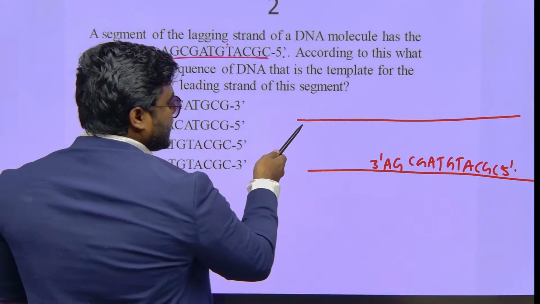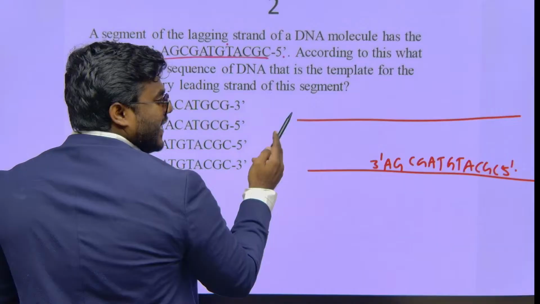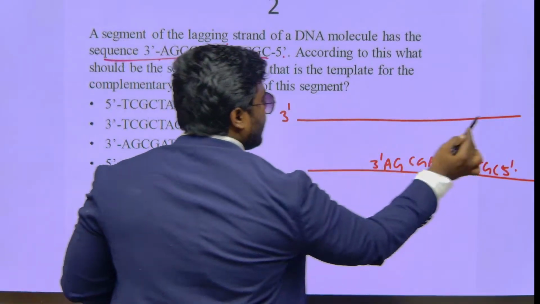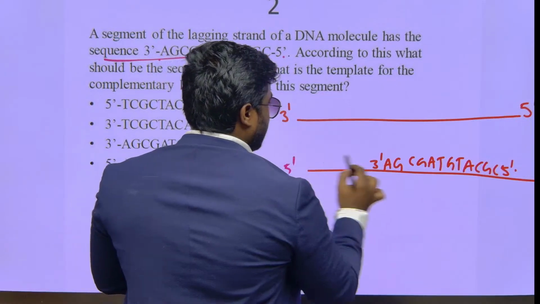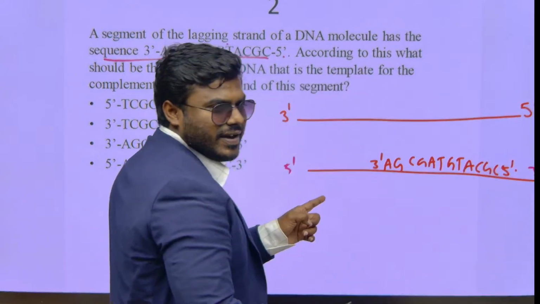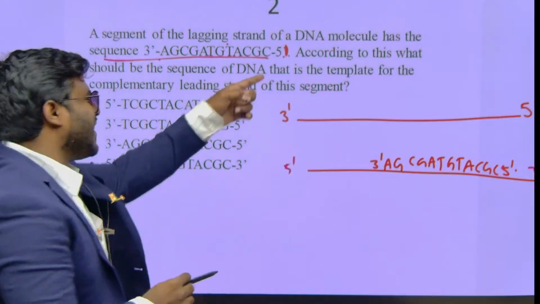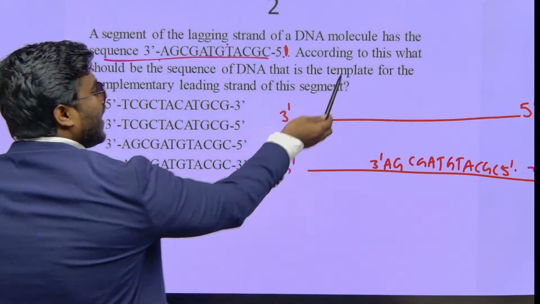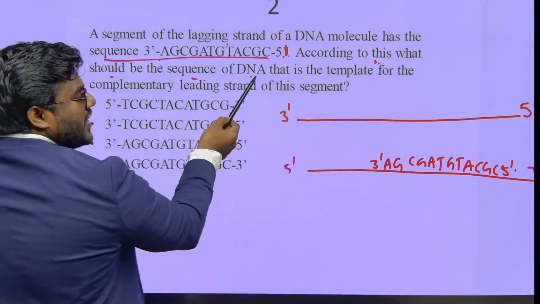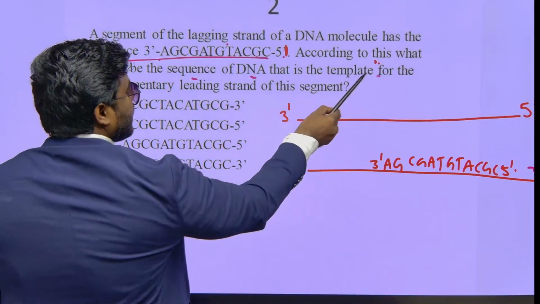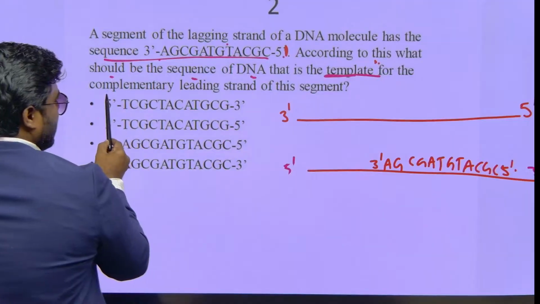Next, so this is what strand now? Leading. So the parent strand should be in which direction? Correct? It is clear. Now this line is clear. Now read the next line. According to this, what should be the sequence of the DNA that is for the